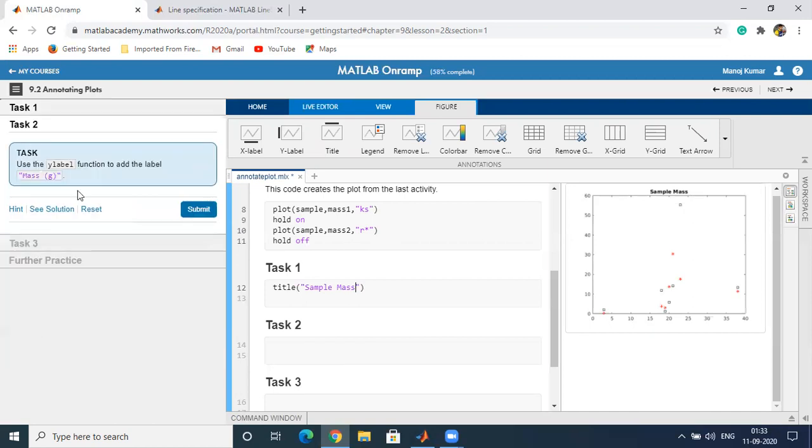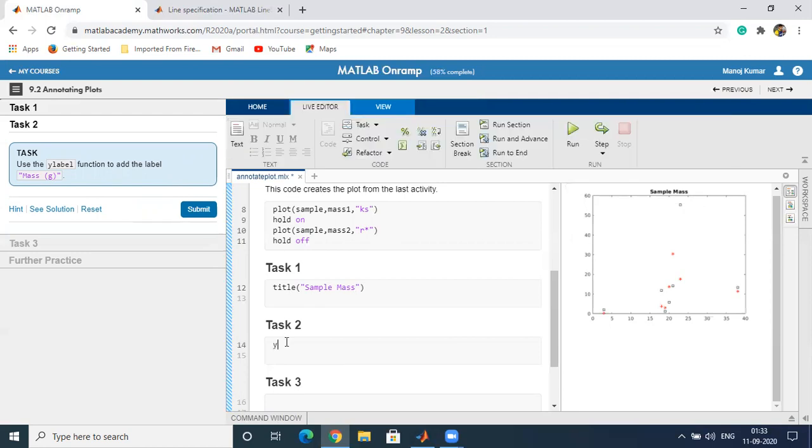We can also label the x-axis and y-axis. Use the ylabel function to add the label mass in gram. So for ylabel, we will use ylabel, and within the brackets we type mass in gram, mass within the bracket g.